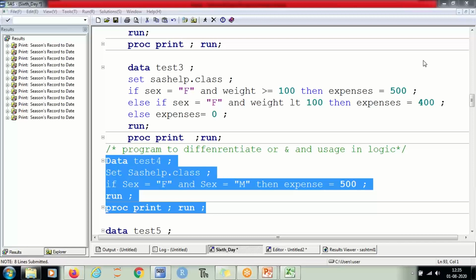So now who can tell what is wrong with this program? And everyone has to answer this. You have done so much programming, right?